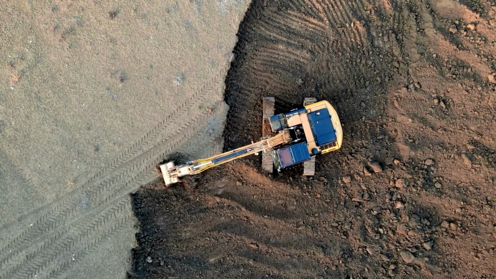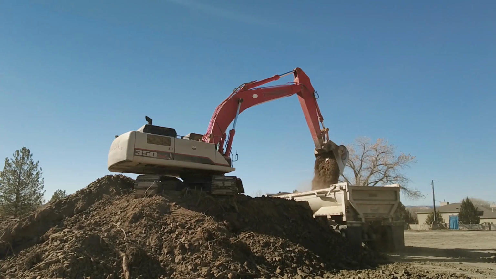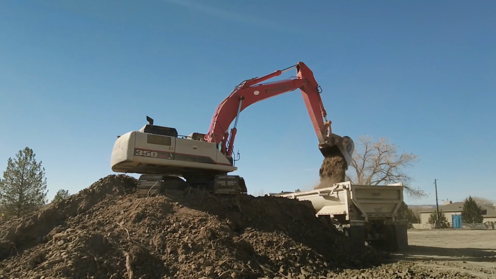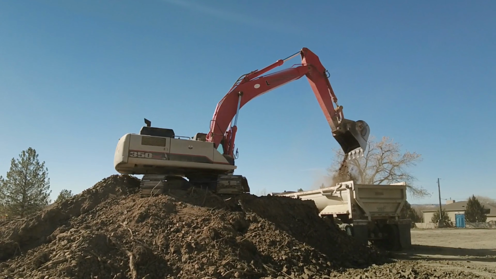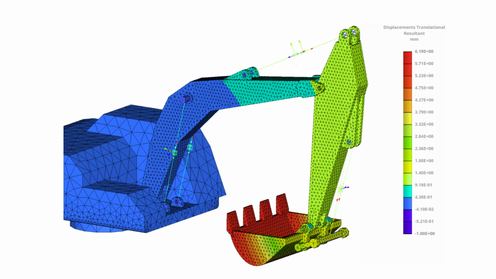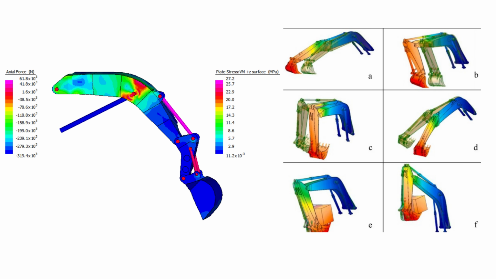Advanced excavator design involves detailed engineering analysis to ensure that the machine remains stable and performs reliably under all operating conditions. Engineers often use multi-body dynamic simulations to model the excavator as a system of interconnected rigid bodies, such as the boom, arm, bucket, upper structure, and undercarriage. These simulations allow engineers to study how forces, motions, and inertial effects interact during real digging cycles. By simulating different movements, such as lifting, crowding, and swinging, the dynamic loads acting on the machine can be predicted